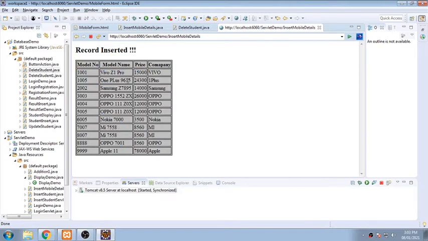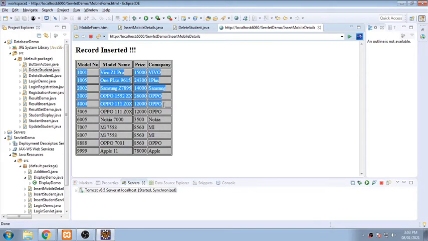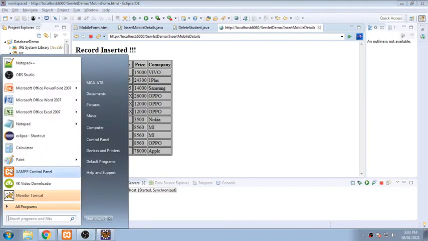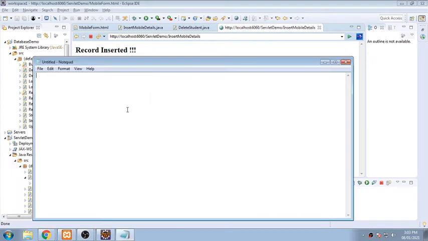Now what we'll do is that we'll be modifying some record from this, and for that we'll be writing one HTML page, and that HTML page will be calling a servlet. First we'll design an HTML form for updation, and that form will be accepting values to be updated.